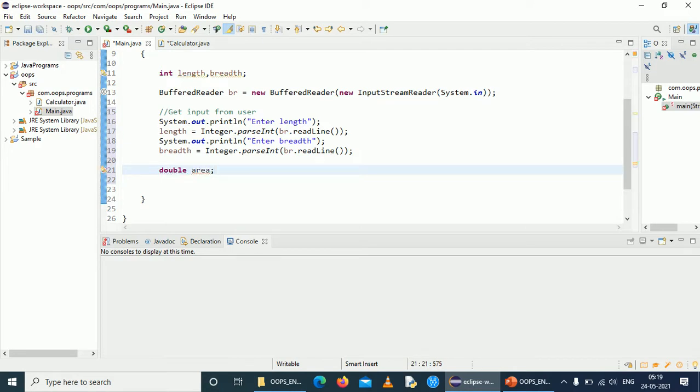We will declare a variable named area, and that will be double. To calculate area, what is the formula?